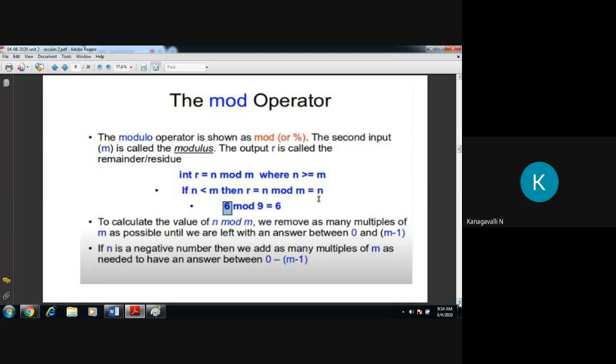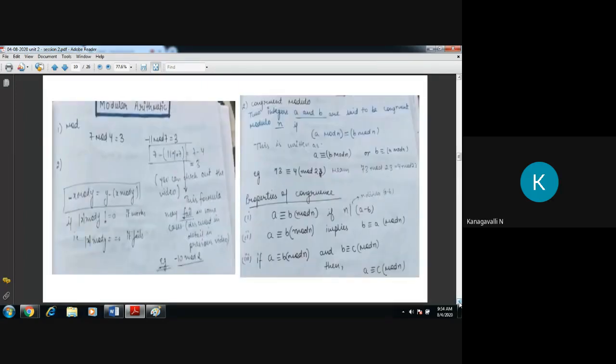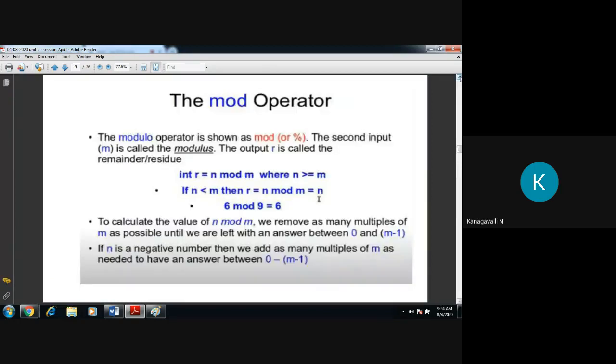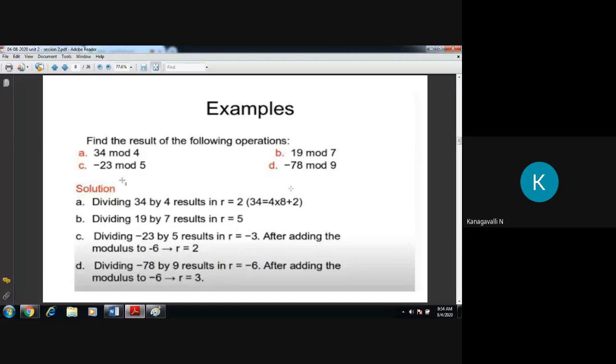Okay. See here another example. Just try to follow this. 7 mod 4. How many times is 4 present in 7? Only one time, right? So our quotient is 1. Remainder is 3. Do you have any doubt in this part? No, right? I thought you are clear in this part. Then for negative integers, the same procedure is followed as in our previous slide. The same procedure you can follow in all your sums, right?